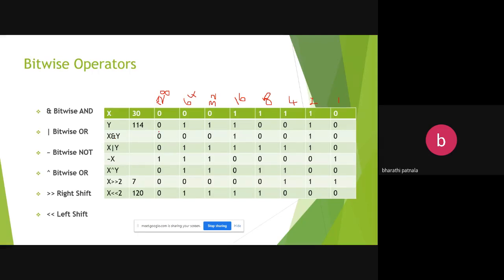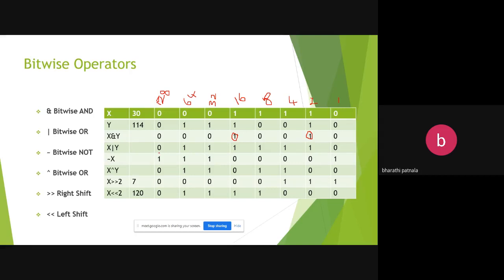Okay. So 0, 0, both are false, so it becomes false. 0, 1. Both the conditions must be true, then only it returns true. Otherwise, the AND returns false.